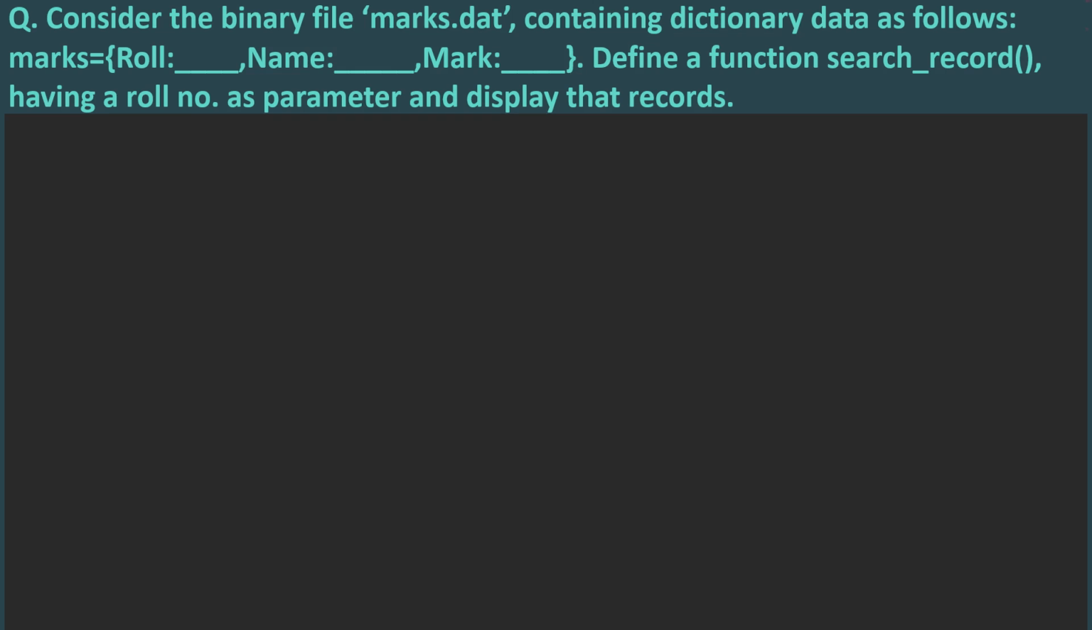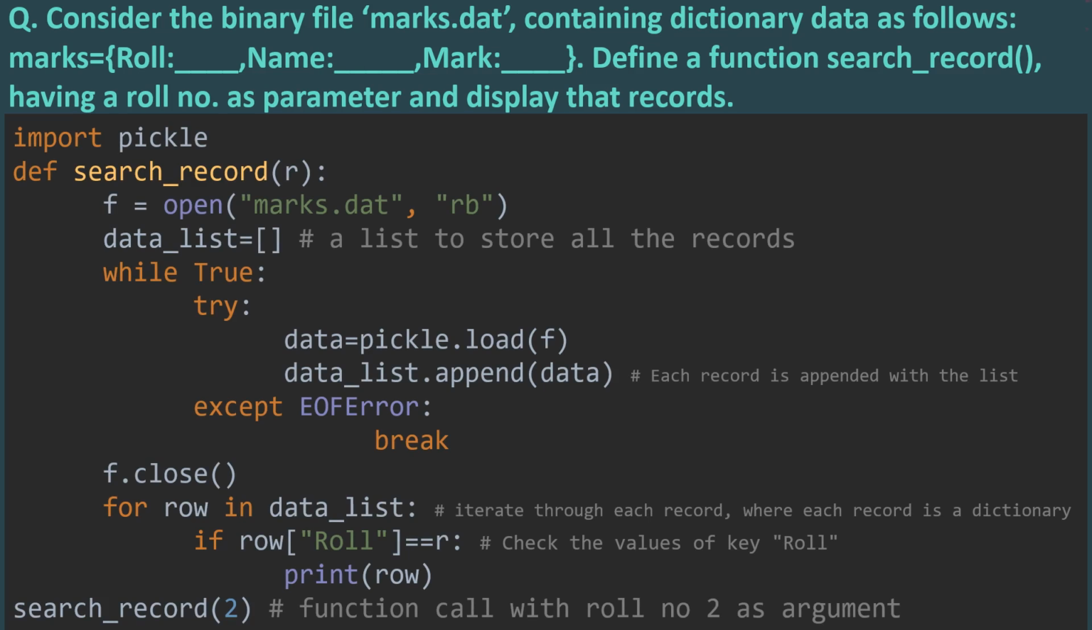Now consider a binary file marks.dat which is containing dictionary data as follows. Marks is having the keys roll, name and mark. Now define a function search_record which will take a roll number as its parameter and it will display the record of that particular roll number. Now we'll do this. First of all, import the pickle